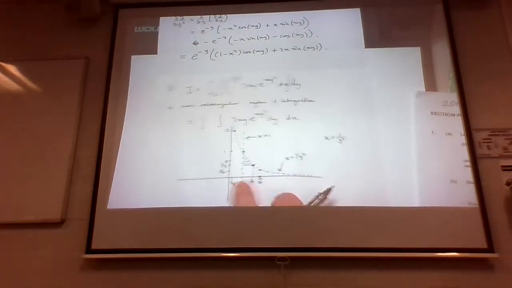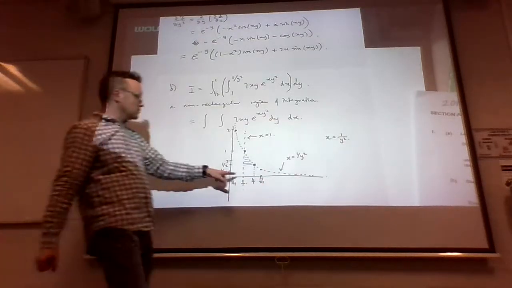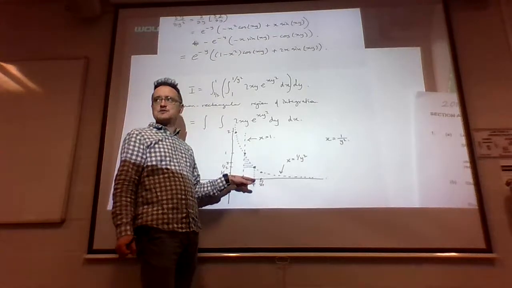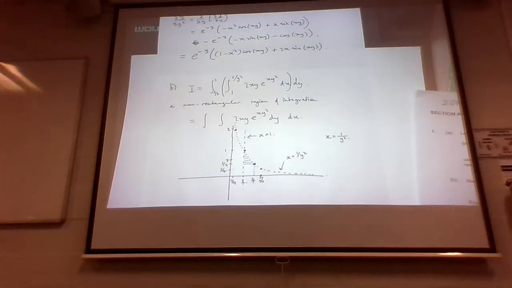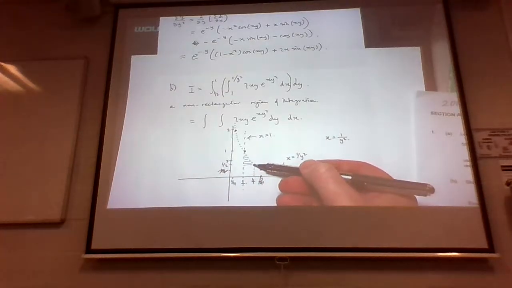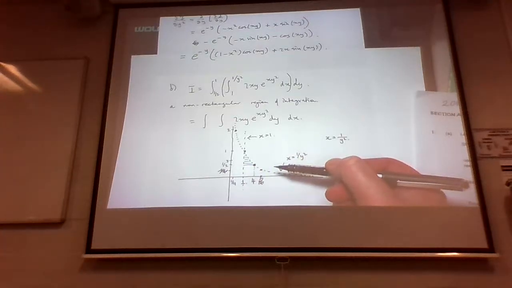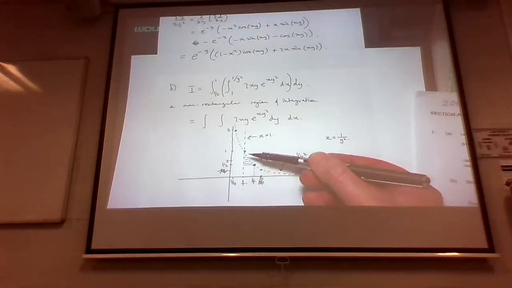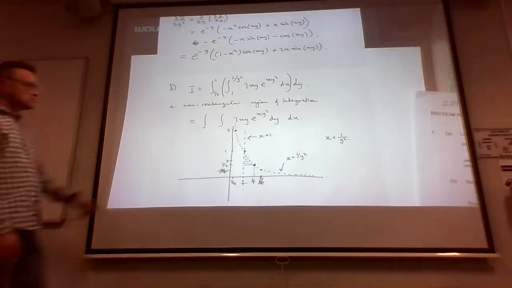So it's just my picture should be stretched out a lot more in the horizontal direction, because this is the point 1, x equals 1, and this is x equals 4 over here. So the scale is incorrect. But I think the point information is now cleared up. Does that make sense? So we've got this corner point is x coordinate 4, y coordinate 1/2. And this is still the point 1, 1. That's okay. So we've still got this region